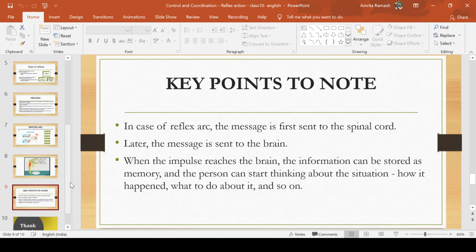So the spinal cord is the one that first takes care of sending the message quickly back to the organ involved. That is why the spinal cord is involved first. But later on, the message is sent to the brain. Now, when the action itself is completed, why should the brain be involved? It's a very valid question. When I've already pulled my hand back, why should the brain be involved? It's of no use. When the spinal cord has done its job, why should the brain bother?